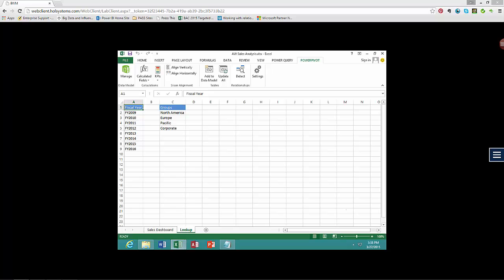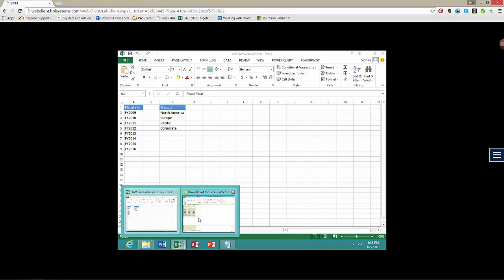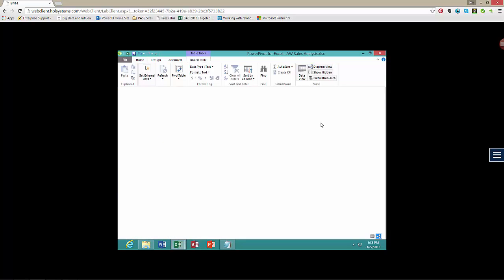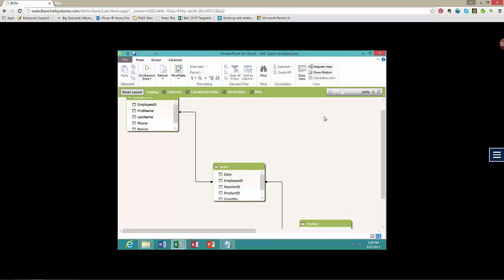So the next step is relating tables and enhancing the data model with hierarchies. Relationships can be created between the tables, so we don't need to use VLOOKUP to do that, for example. So now if we go to Power Pivot and the Home ribbon tab, in the Home tab what we will do now is look for the diagram view. We can create relationships by dragging and dropping the following columns. So for example,